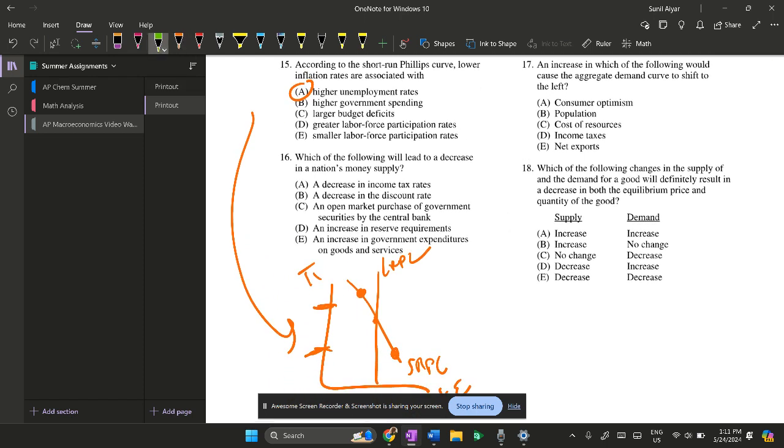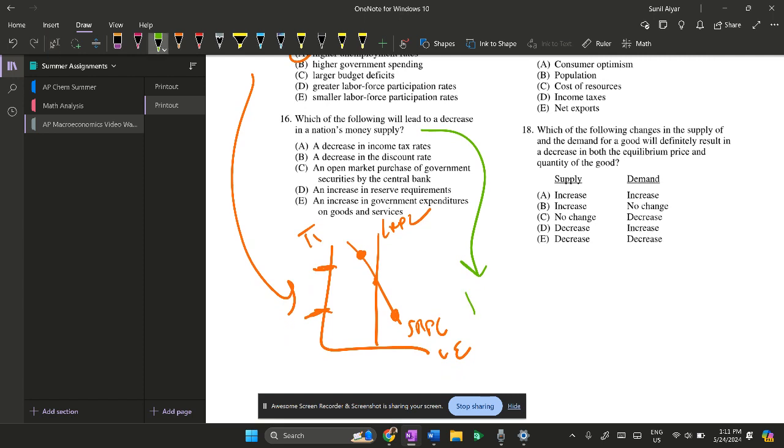16. Which of the following will lead to a decrease in the nation's money supply? Okay, so let's write these out for you because you need to know these three. We have the discount window rate, required reserve ratio, and OMO, which is buying and selling of government bonds. So a decrease in the money supply, I always think of that as sort of a good thing, because if you look at the money supply,